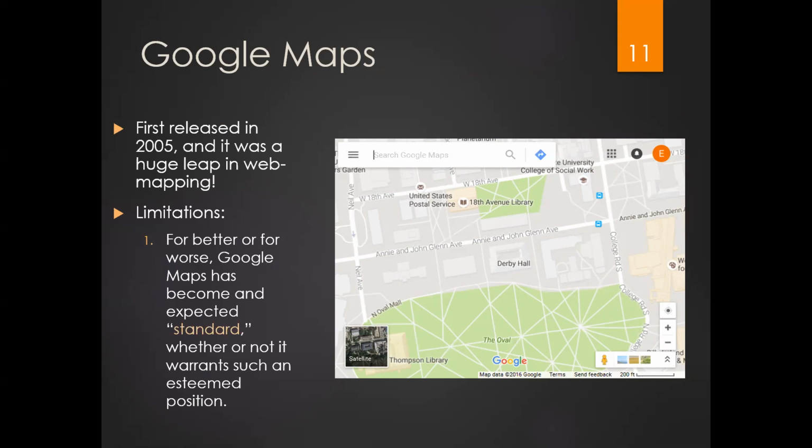This is a good thing because it saved a lot of time for people to figure out, okay, what kind of UI should I design? What kind of map should I show people? Instead of that, now you just need to follow the template Google Maps provides. But the bad part about this is that this is the mainstream. And if you want to be creative, no matter as an individual developer or as a small company, you cannot escape from this. Okay, so that's the first limitation.